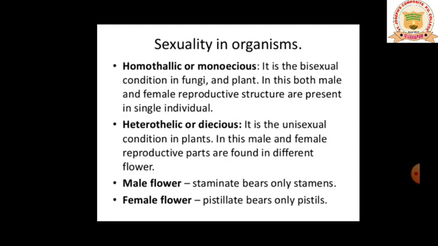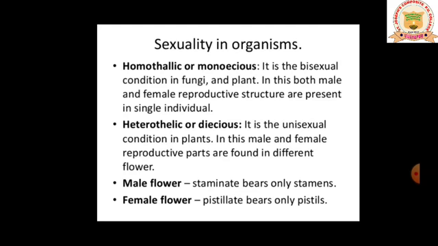Generally we call it bisexual. Hibiscus, the best example is hibiscus and rose. Both are bisexual. So coming to the next one, that is heterothallic or dioecious. It is the unisexual condition in plants. In this, male and female reproductive parts are found in different flowers. So a plant which will possess either male or female reproductive part in it, either it may have a male reproductive part in one plant, and the female reproductive part will be present in another plant. So we call it